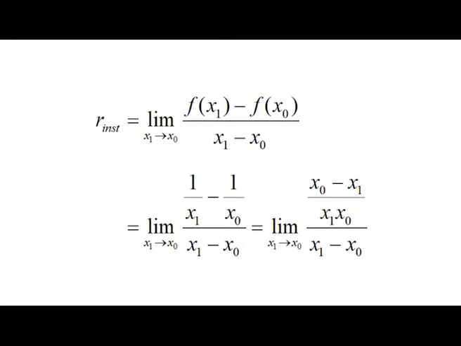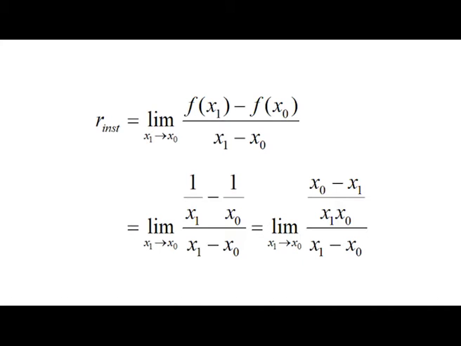Finally, for the curve y equal to 1 upon x, we find the instantaneous rate of change of y with respect to x at the general point corresponding to x equal to x naught. That is, R instantaneous equal to limit of f of x1 minus f of x naught upon x1 minus x naught as x1 approaches x naught, equal to limit of 1 upon x1 minus 1 upon x naught upon